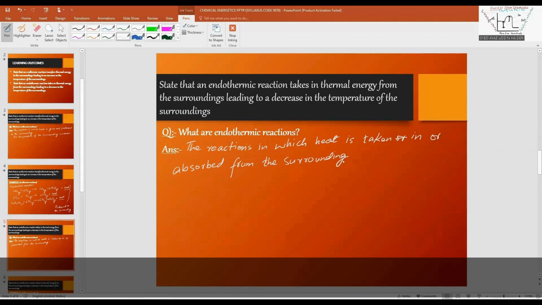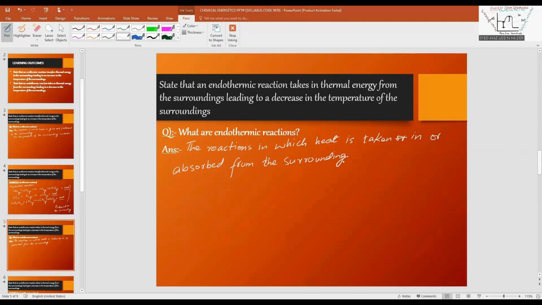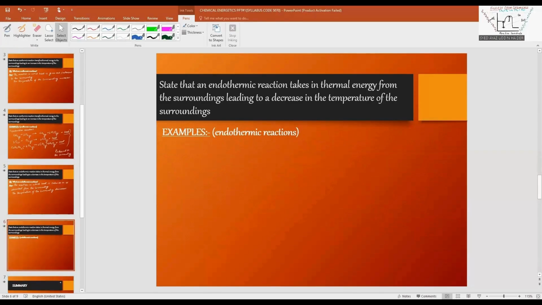Due to this reason, there's a drop or decrease in temperature of the surrounding. The temperature of the surrounding decreases. Now let's see some examples of endothermic reactions. Reactions like decomposition of limestone, dissolving salts in water, photosynthesis reaction,